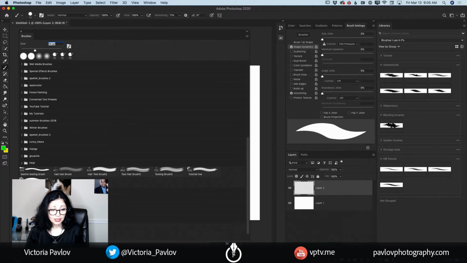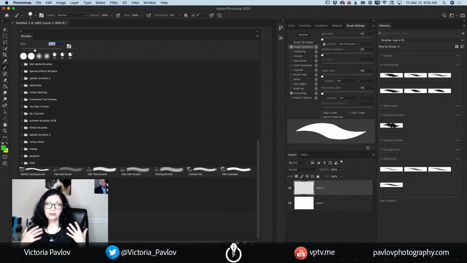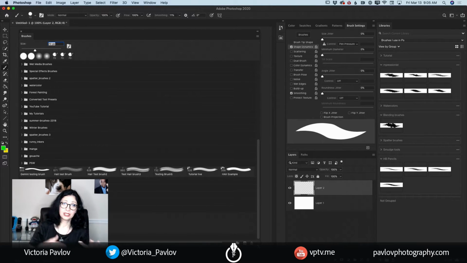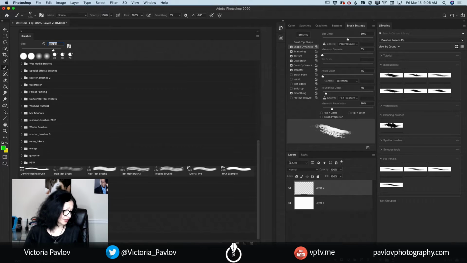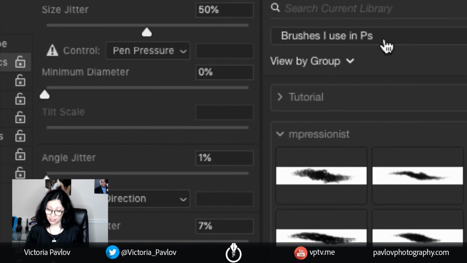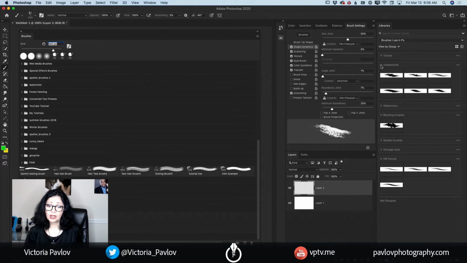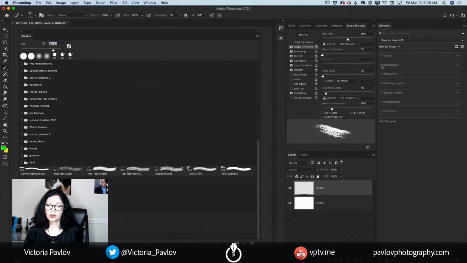But if you would like to use the same favorite brushes you use in Photoshop in Adobe Fresco, simply click on any brush you like. For example, I will click on a scrappy canvas. And here, guys, you can see I have opened my Creative Cloud library, and I named it Brushes I Use in Photoshop. Also, I organized my Creative Cloud library by folders. So now I have all of these folders: Impressionist, watercolor, blending brushes, spatter brushes,